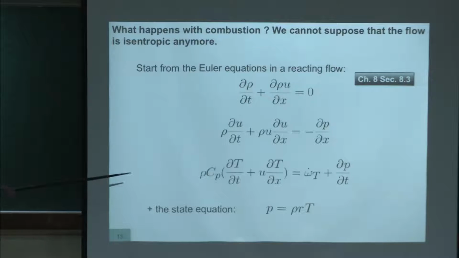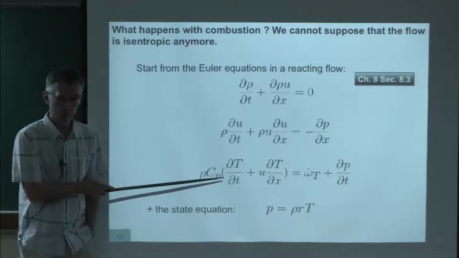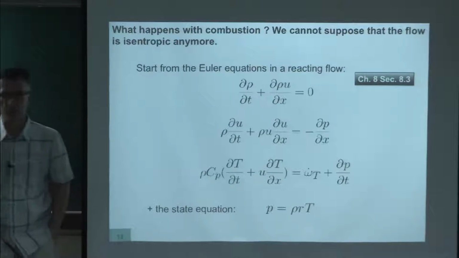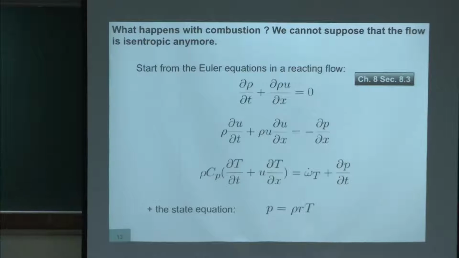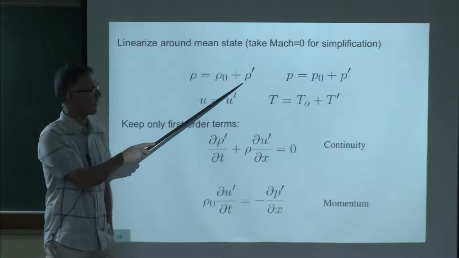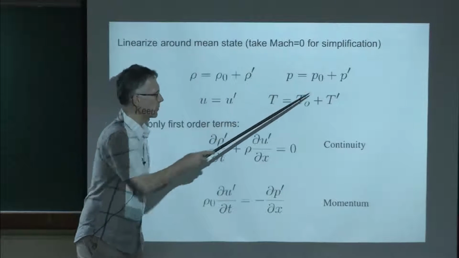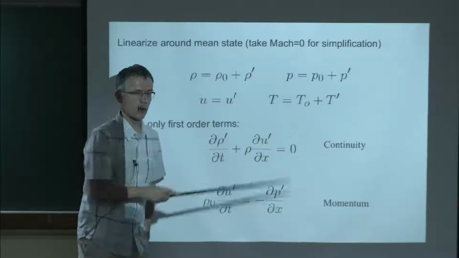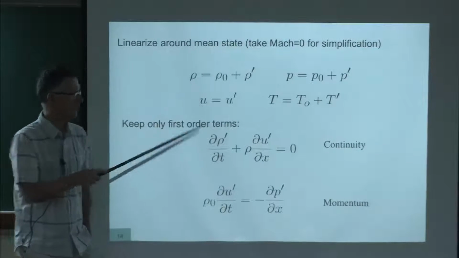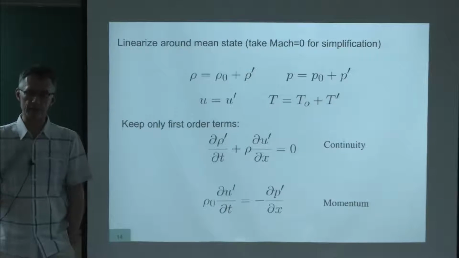Here I've taken the simplified energy equation. Here this is the heat release. And here you need to keep the compressible terms, of course. So now if you want to normalize that, you need a little bit more effort. How do you do that? You say that the density will be the mean density plus rho prime, P will be P naught plus P prime, and T will also be T0 plus T prime. And you plug these things into the previous equations, and you remove all the second order terms.